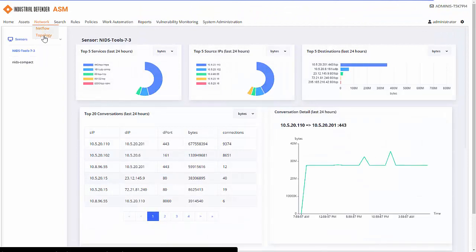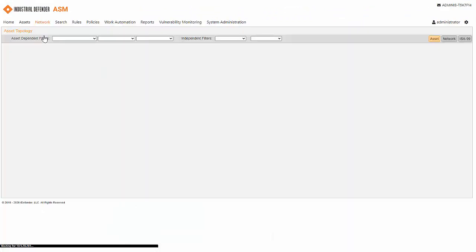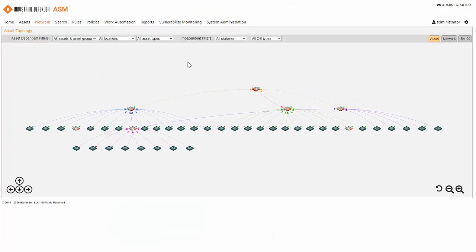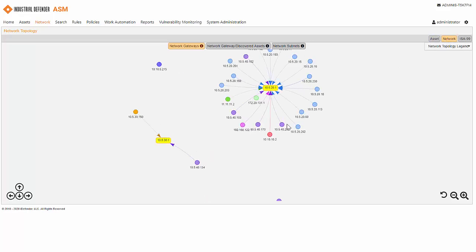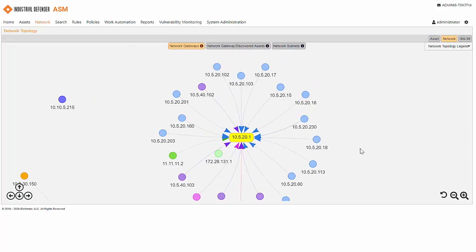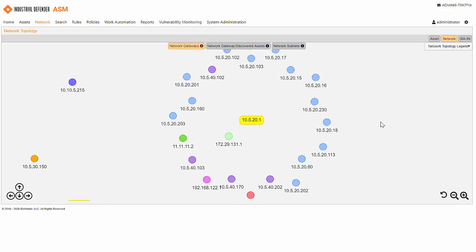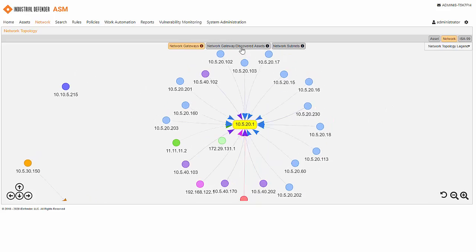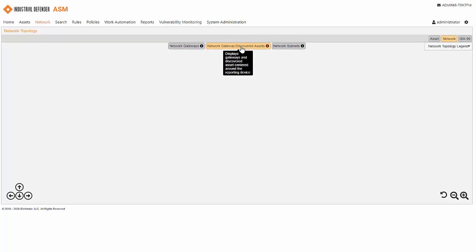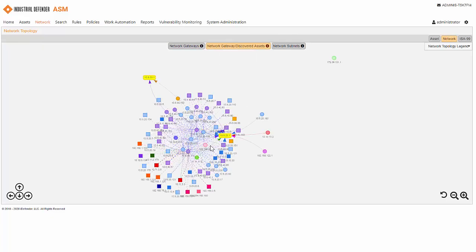Another nice part about the Netflow feature is we also give you a topology. That was all the communications just over the wire. But if you want a fully drawn topology map, this one is based on the ASM specific communications. If you flip over to network, we can quickly show you, in a star type view, who's talking to who. These are all the endpoints that ASM is actively monitoring. And if we switch it over to discovered assets, this includes all the assets